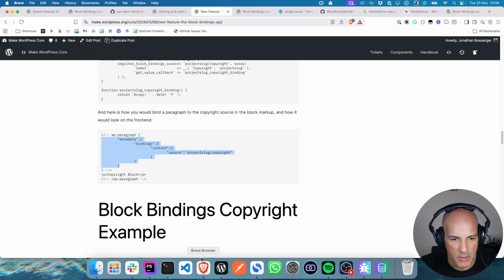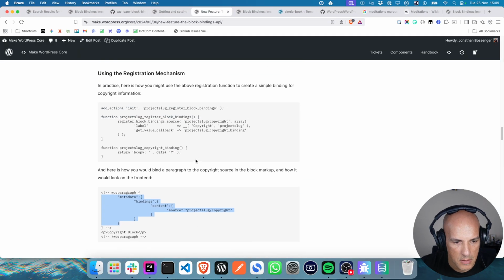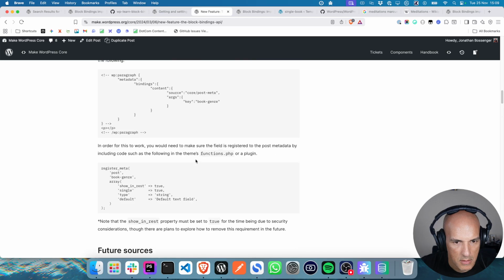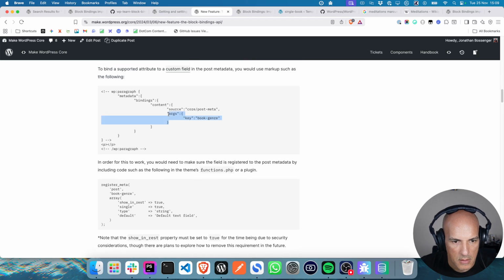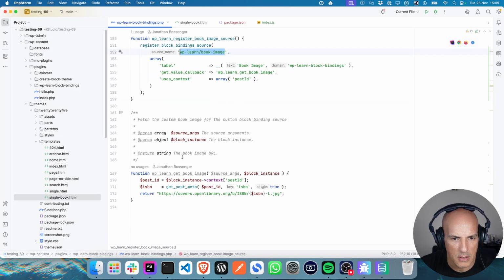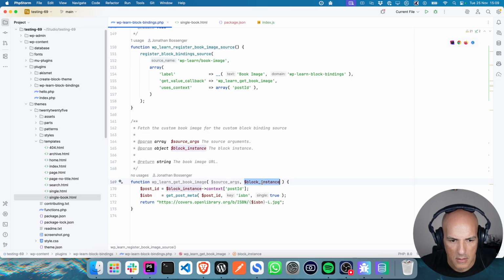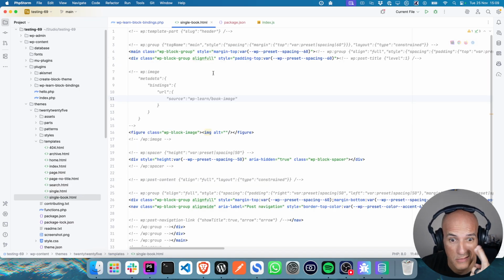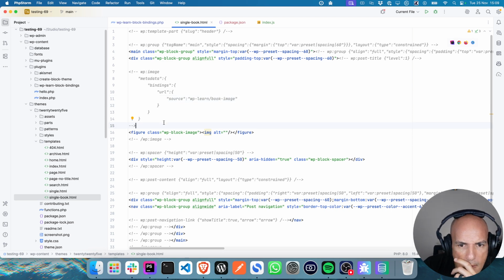But I need to also pass in key. No, I don't think I need the key because I think the code is working on the post ID. Yeah, it's getting the post ID from the block instance, so that should just work, theoretically.